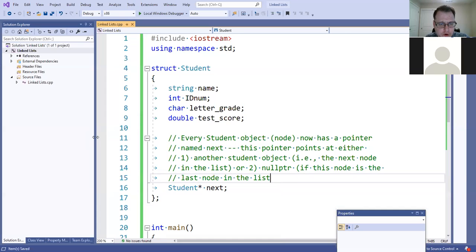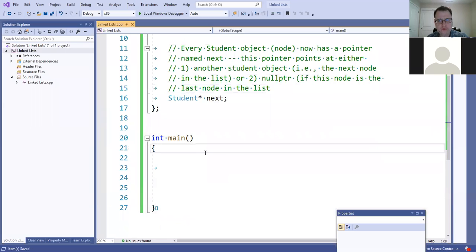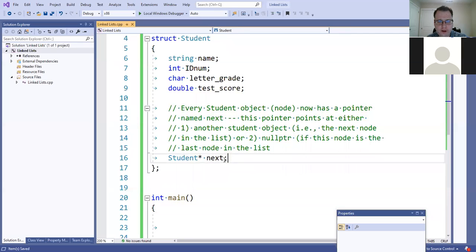the very last node within the linked list. And then we'll start here with the basics in terms of just building a small list with a few nodes. And we'll see how we can connect them together through this pointer called next. So this pointer next here is the key to making everything work. It is important that every single student object now has this extra pointer field, because that's going to be